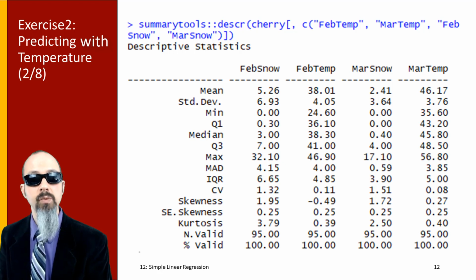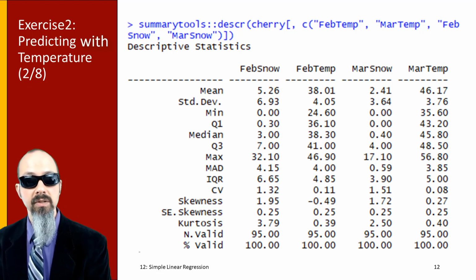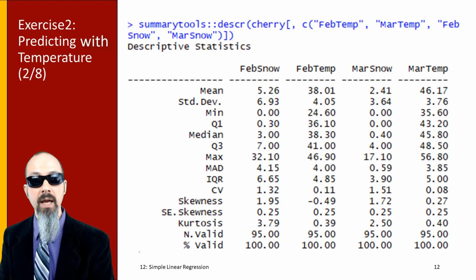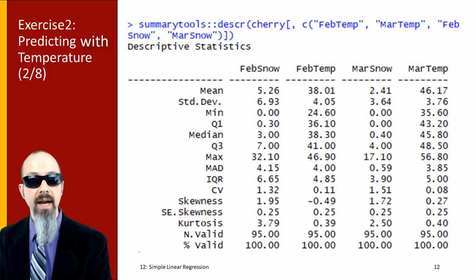We're going to look at each of these one at a time based on those number of green buds that we saw before. Now all of these values here have 95 observations each, so we have a lot more in our sample size here relative to when we had those 12s. When we're looking at our snow, these are the amount of inches in snow averaged for that month in